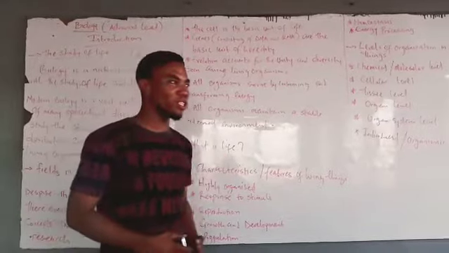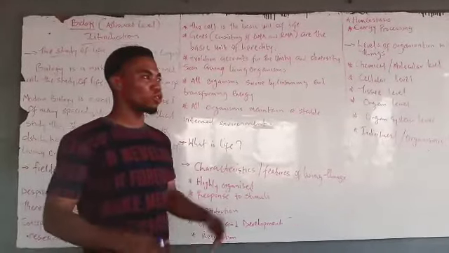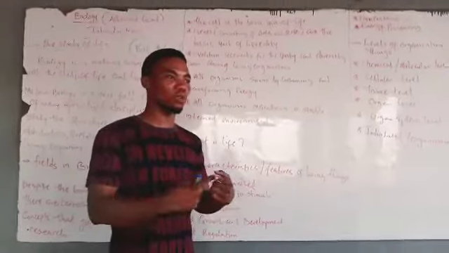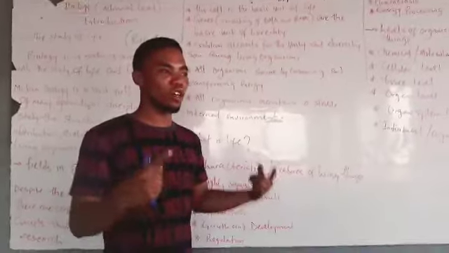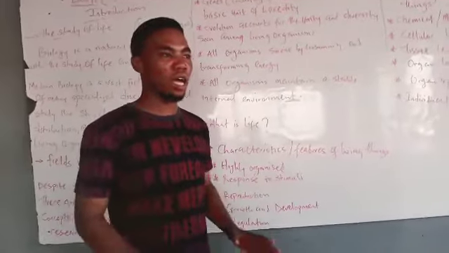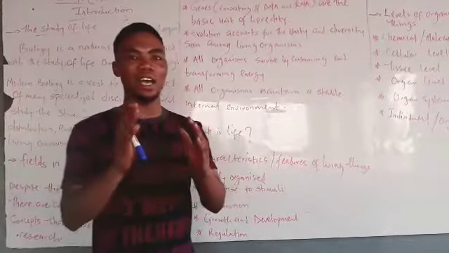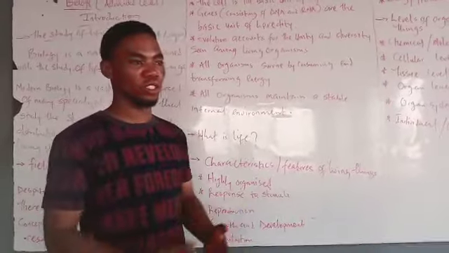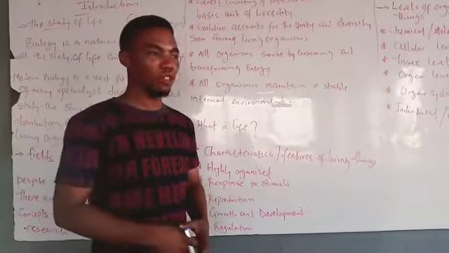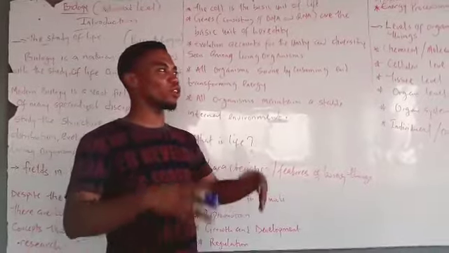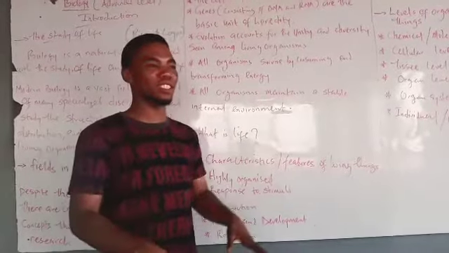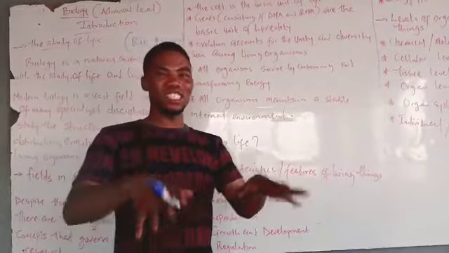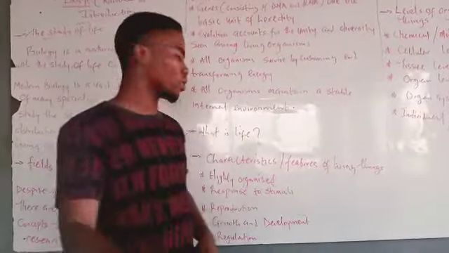So every living organism, every living thing, must be able to reproduce so as to keep on living on Earth, because once there is no more reproduction in a particular species of animal or in a particular group of animals, then those animals are on the verge of going into extinction, because their race will be cut short since there is no production of new offspring. So reproduction is not just about the production of offspring of the same species; it is the ability of a living thing to produce its own type again, so as to continue its race.